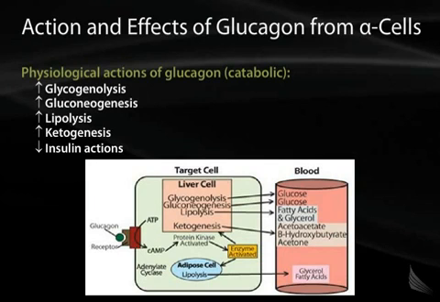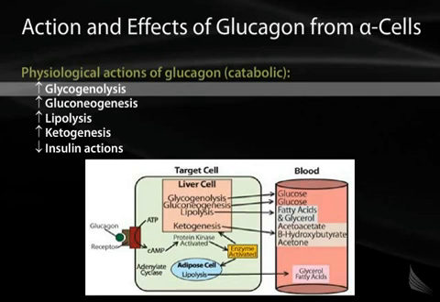As I said, the counter-regulatory hormone is glucagon. Glucagon, unlike insulin, does exactly the opposite. It works by activating the G protein coupled receptor, the Gs subunit, to activate cAMP. So, a very different mechanism of action than insulin. Again, remember, insulin binds to the insulin receptor with tyrosine kinase activity, whereas glucagon binds to a G protein coupled receptor with Gs subunit activity, which increases cAMP, which ultimately results in the